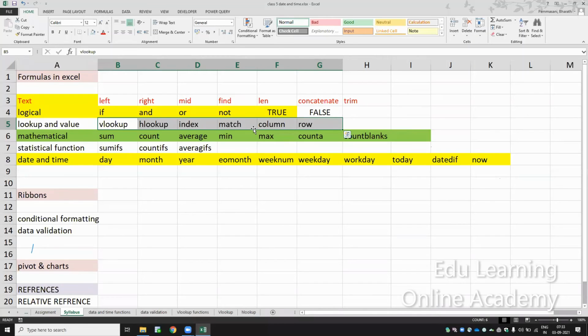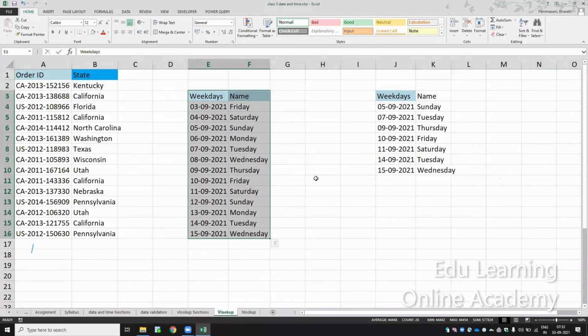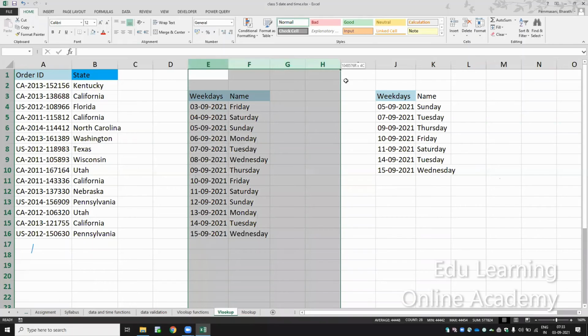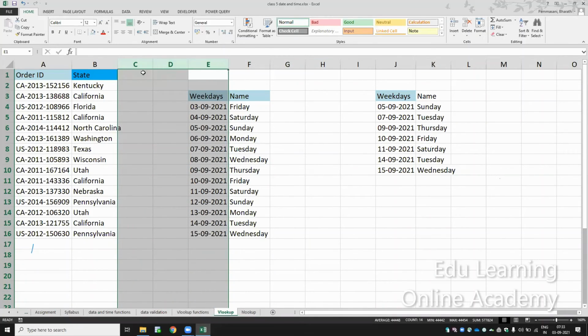It is a complicated function; you have to use both functions together to get the reverse value of VLOOKUP. In VLOOKUP, if you want to get a value, we search like this, but we cannot get the reverse values. To get the reverse values, we use index and match. You might get confused, but I'll tell you later.